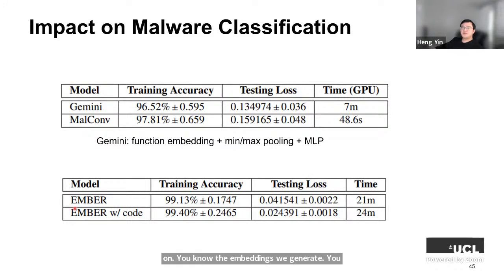Another evaluation we have is for Ember, which uses a decision tree as its algorithm. We showed that with additional code features that we produce using our disassembler, we can improve in terms of training accuracy and testing loss. You can see the testing loss is almost cut in half. So it shows some good